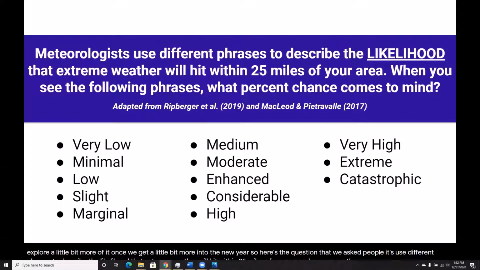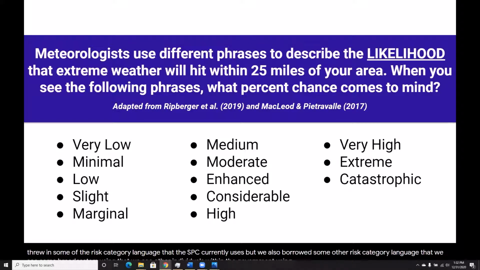When you see the following phrases, what percent chance comes to mind? We asked them various words, from very low to catastrophic. And we're really curious because we threw in some of the risk category language that the SPC currently uses, but we also borrowed some other risk category language that we see some broadcasters using, that we see other individuals within